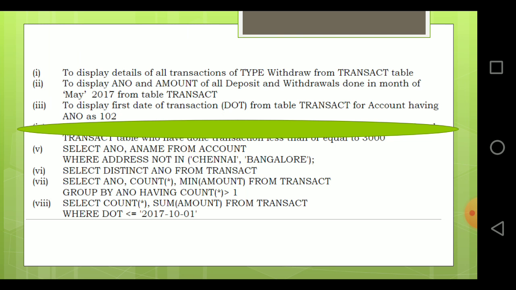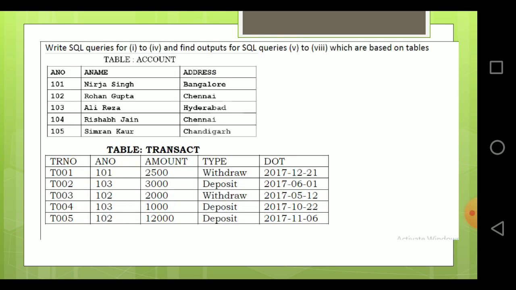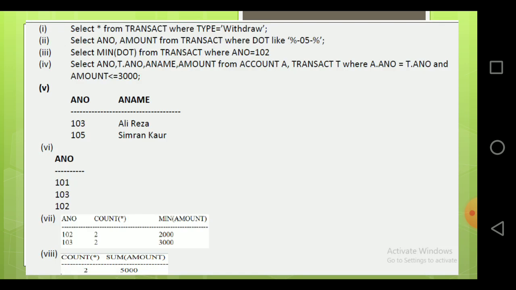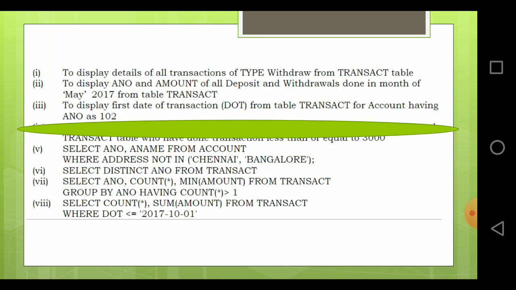That means they should not be in the cities Chennai and Bangalore. In the table account you can see there are several people. Chennai and Bangalore we don't want, so we want Chandigarh and Hyderabad. So only Ali Raza and Simran Kaur will be displayed. We need only A number and A name, so A number and A name, Ali Raza and Simran Kaur, will be displayed.